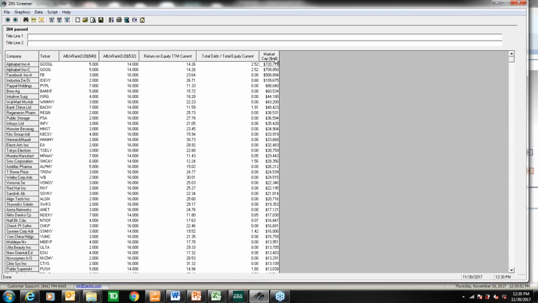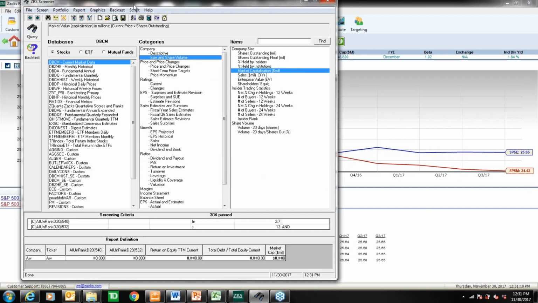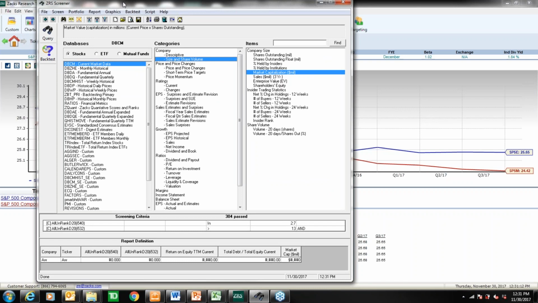So if I sort by market cap, you'll see that Google is at the very top of this list, followed by Facebook, PayPal, a couple of others here. So these are your cream of the crop return on equity stocks with low debt. So these are the various types of screens you can run. I just glossed over a lot of them here, but the last thing I want to quickly mention before